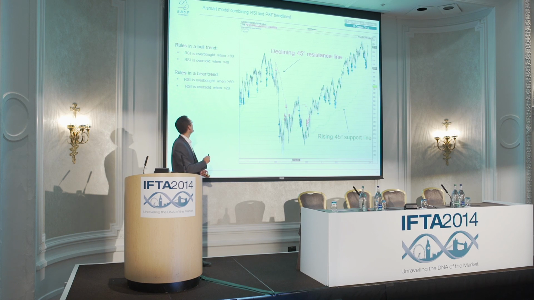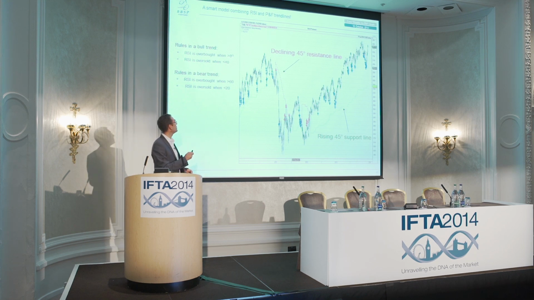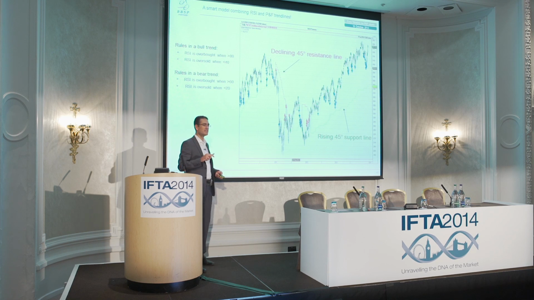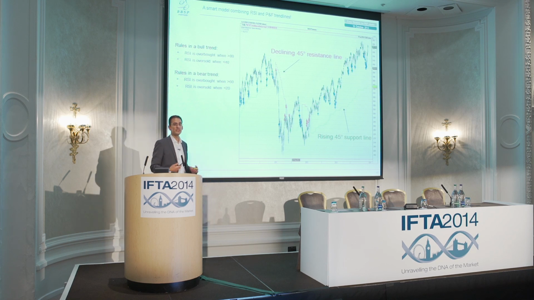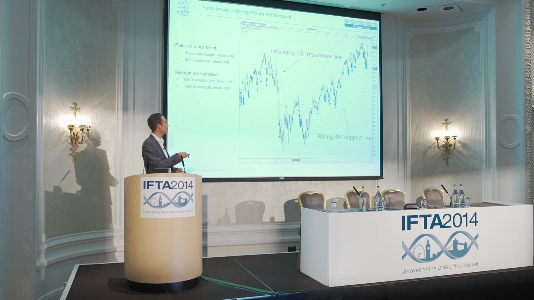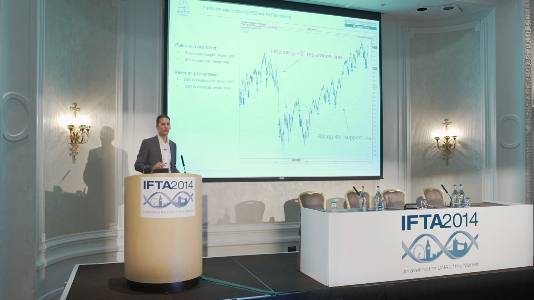In a bull trend, I don't have the same settings. I want to buy when RSI is below 40, and I want to sell when RSI is above 80. With these settings, you can see that I never had a sell signal on the RSI, which is pretty surprising for a contrarian approach. I had plenty of opportunities to buy the dips here, and most of the signals were pretty accurate. Same thing in the downtrend here: my conditions are overbought RSI at 60 and oversold at 20, because I don't want to buy a falling market too early.